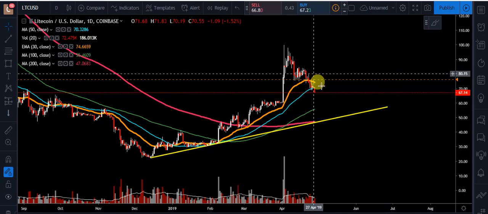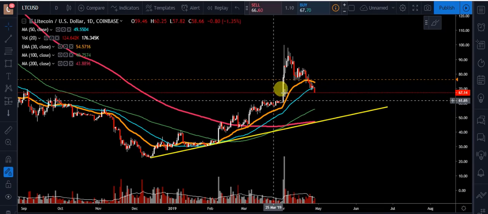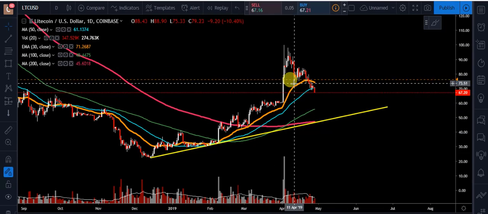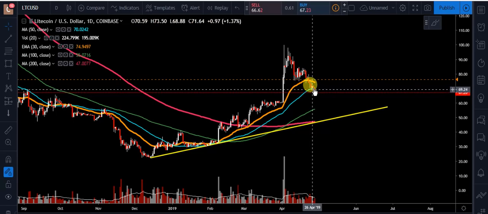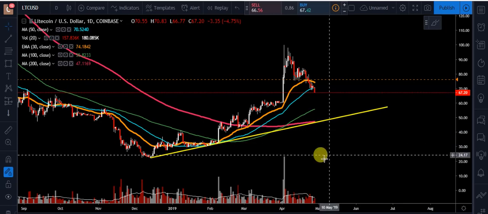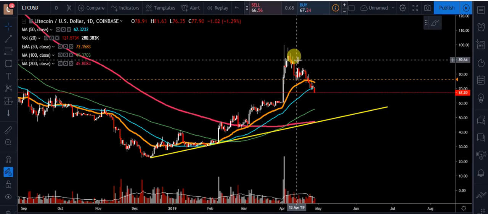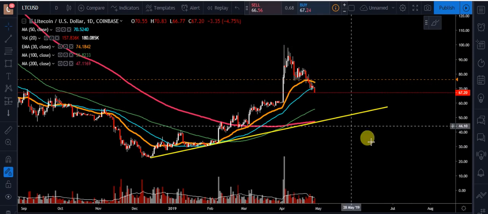But you can't discredit these moving averages, and the fact that we have lost these moving averages, it's a big deal. The 30 EMA is gone, and as of right now the 50 is gone, but we're going to have to see where we close. So, guys, volume's still falling off, but these are the things I want to give you, a quick update here. We're at 67.20, we're down 4.75%, and this here, guys, is the reason we do not